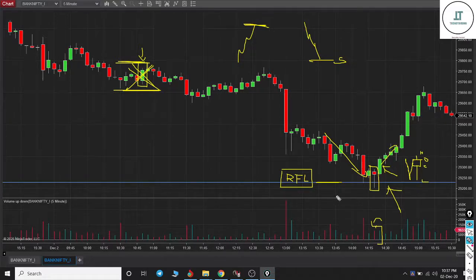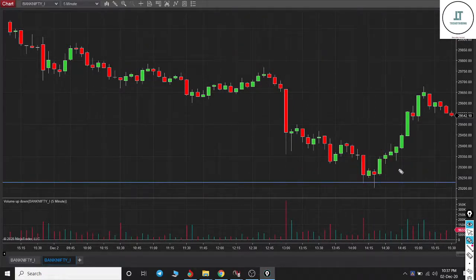That means we already know from 30 minutes that sellers are getting weaker, and now more confirmation that buyers are stronger. Within the current candle, more than 50% of the price has reversed, and the next candle is forming a bullish candle. So if you ask me, what is a safe point here? Can we take a buy trade here?